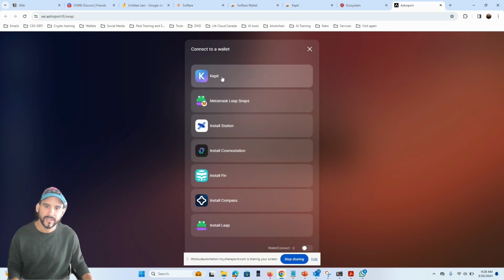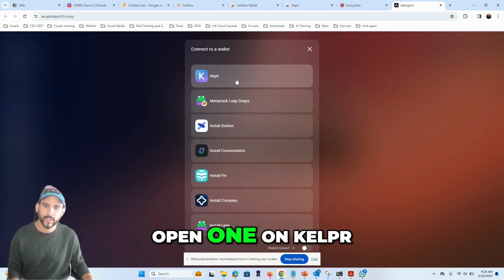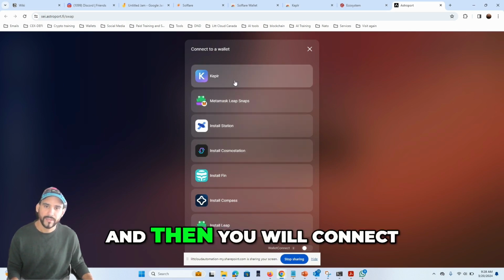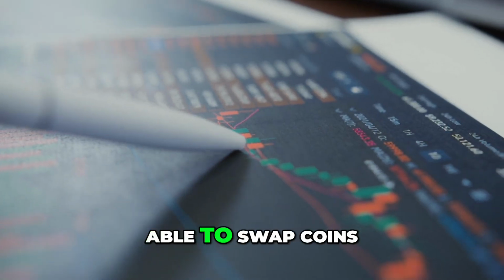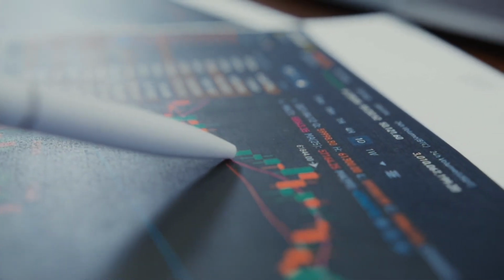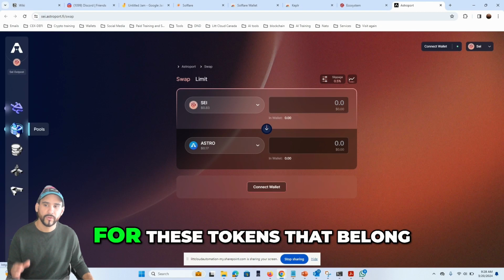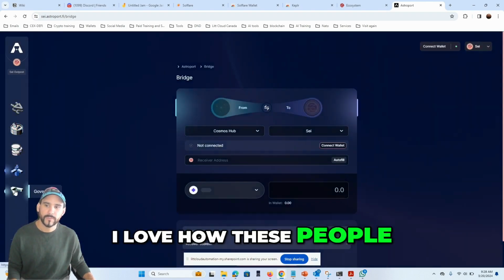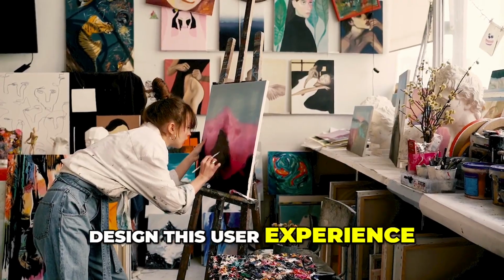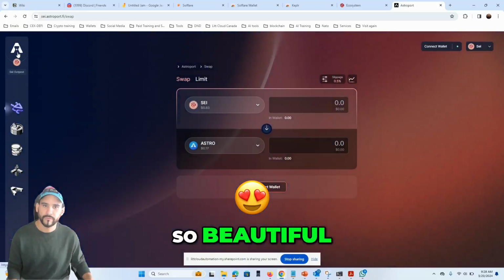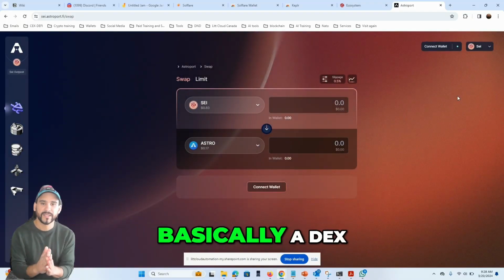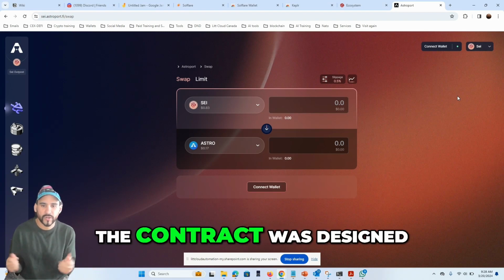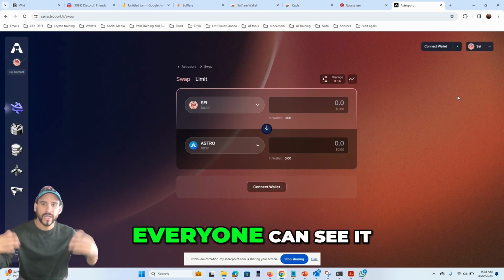In this case, I ask you to open one on Kelp if you have one, and then you will connect, and then you will be able to swap coins in the same network for these tokens that belong to the same network. I love how these people design this user experience. The user interface is so beautiful. I love it. And this is basically a DEX. It's no owner. The contract was designed. It's open source. Everyone can see it.